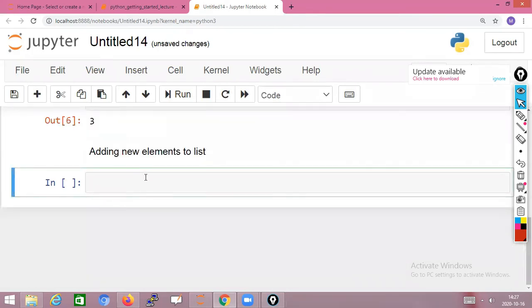Adding new elements to the list, for that I'm creating one variable, my list is equal to, in that I'm storing the values 2 comma 3 comma 4.